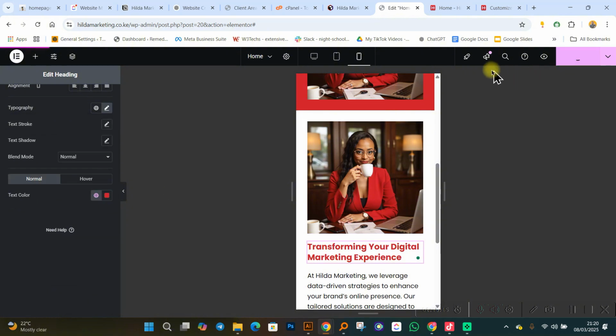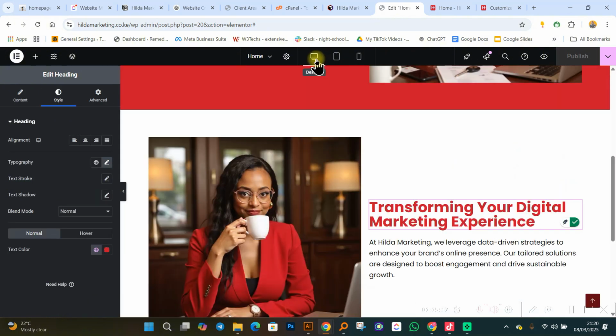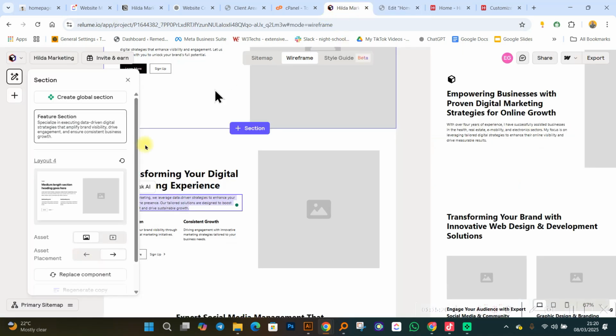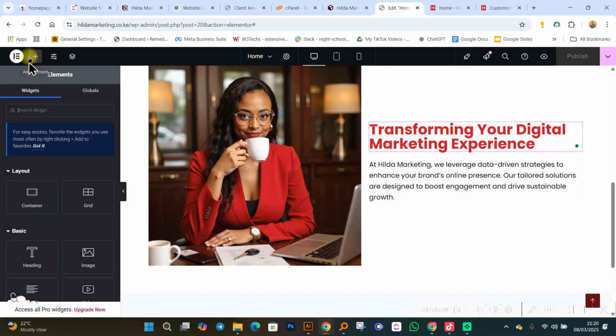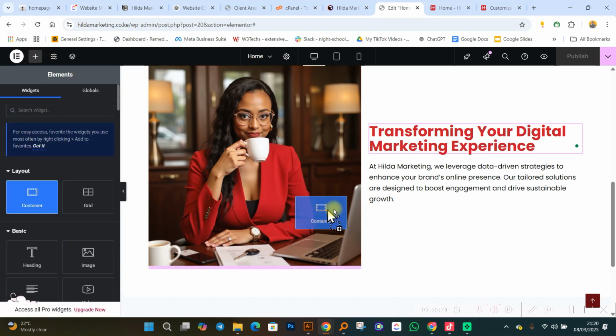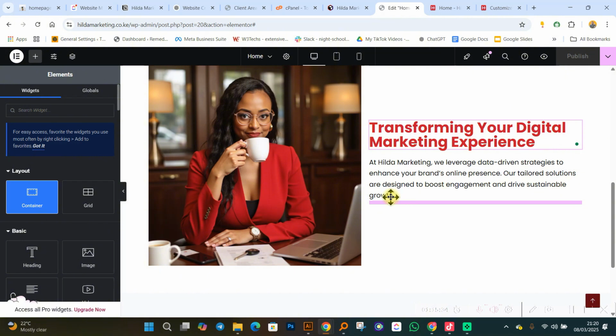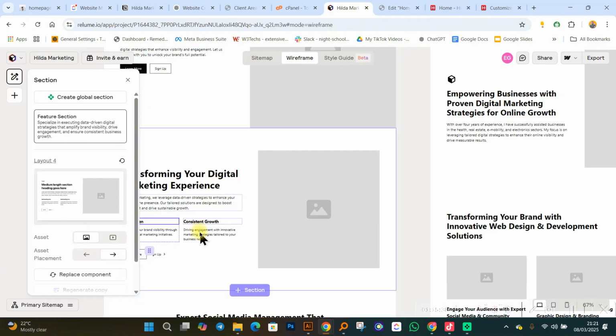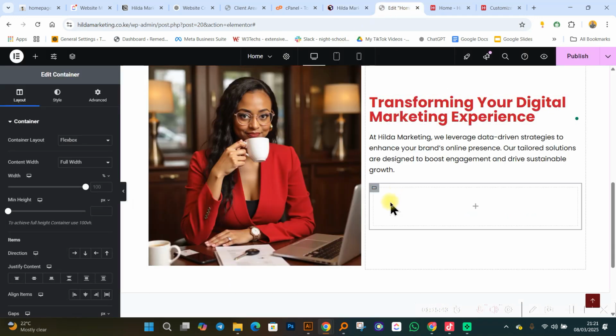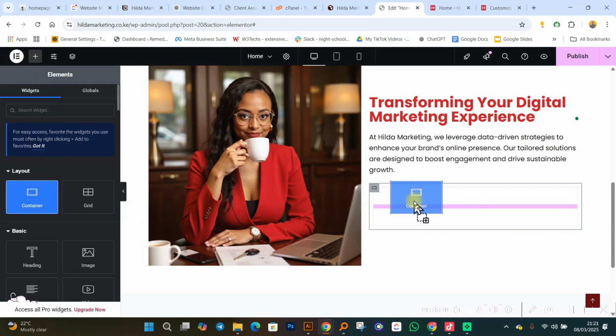So if I click on publish, you can see I have some information over here. We have a title, data driven. Now inside it, we can do something we refer to as a container. We can add a new container. This is where you add elements. So you can come, drag a container, niikuje niangushe hapo. Okay? Now this container is going to contain these two things. So inside this container, I'll come and probably add another container inside it.